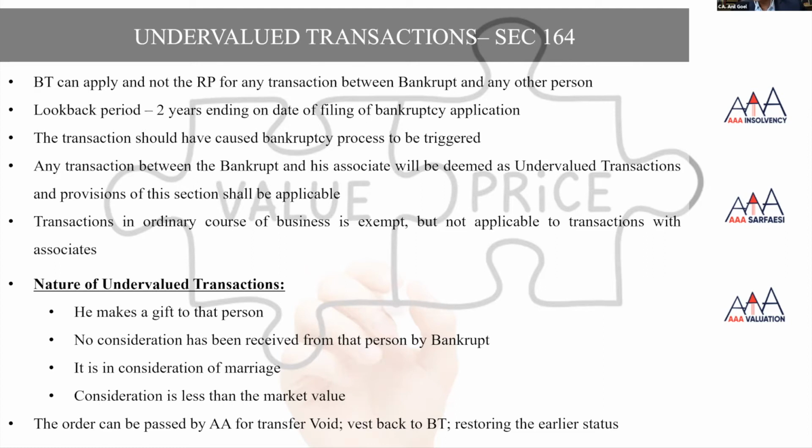And in case the debtor is not cooperating, that means he is not interested in submitting any repayment plan, then the creditors can decide, or the RP can decide, that there is no repayment plan, and the RP can submit a report. The resolution process is made in such a manner that if the debtor is not coming forward, or is not even traceable, then the RP is not supposed to have a meeting of creditors. The RP can say that there is no repayment plan, as the RP has not even been able to find the debtor. So there is no possibility of a meeting of creditors, and the report of the RP would say that no meeting was summoned.